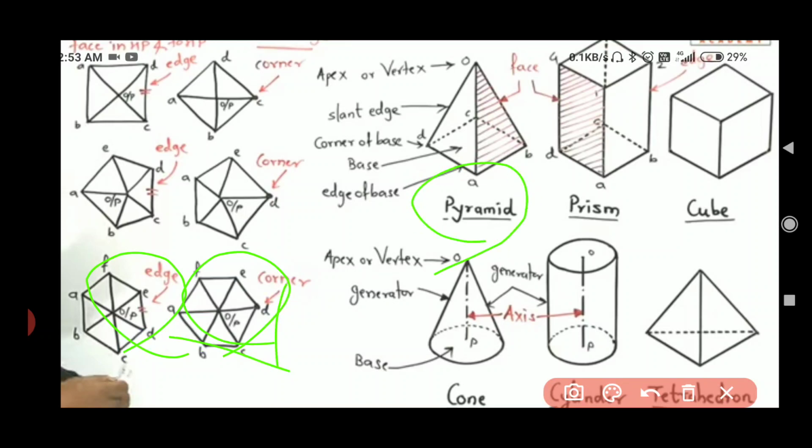pyramid. We are talking about a pyramid, that's why all these lines join the slant edges, and this center is O/P. O is the top and this center is P, so this point overlaps. That's why, because a single point is coming, since the other point is right below it, we have written O/P. So if the placement is, if a question says a side is inclined, you have to draw